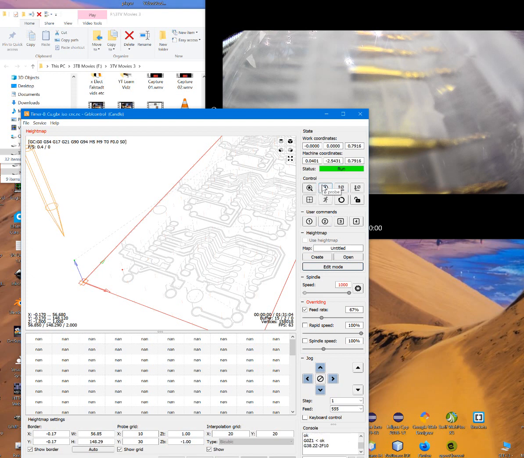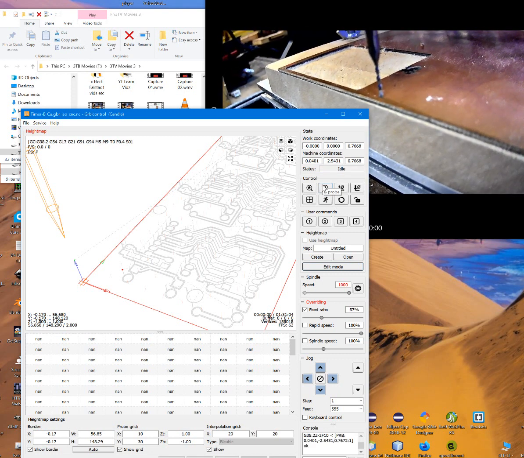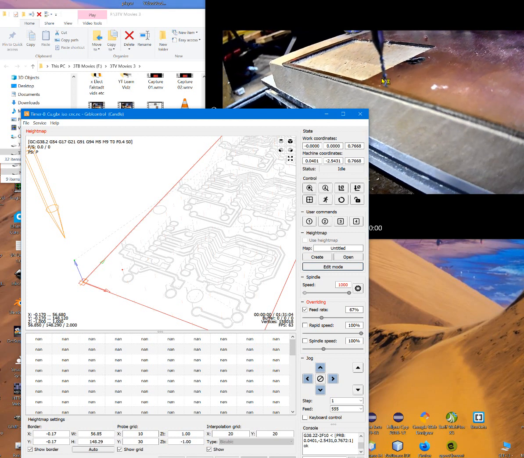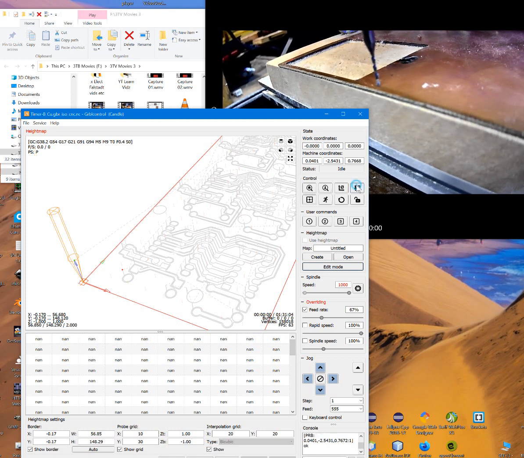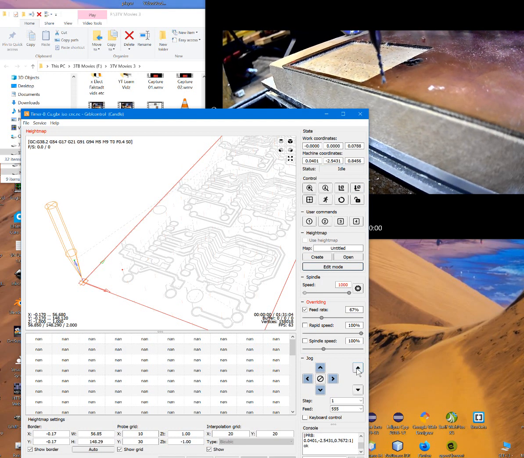Now, keep in mind when you're doing this edge probe that you want to make sure the drill bit, you saw how low that drill bit was before. You want to make sure it's not too far, because if the tip of it was like, here, let me zero this. Okay, so that's our zero. But if I were to start that routine,